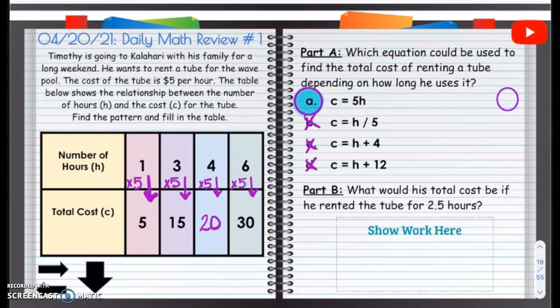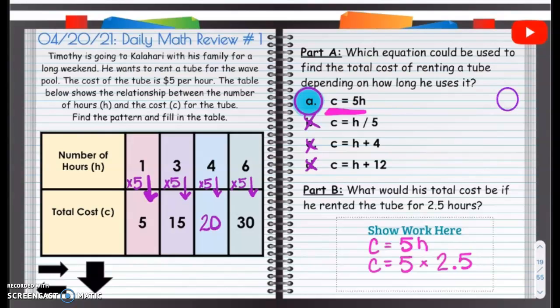A. Now, we're going to figure out what his total cost would be if he only wanted to rent the tube for 2.5 hours. So let's say he just wanted it 2.5 hours. So what we're going to do for that cost, we're going to have that C cost. We're going to use this equation up here. It equals 5 times H, or 5 times the number of hours. So the cost is going to be 5 times, well, the number of hours that he wants it is 2.5 hours. So if you do 5 times 2.5,